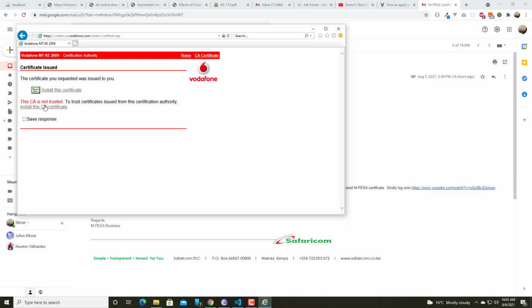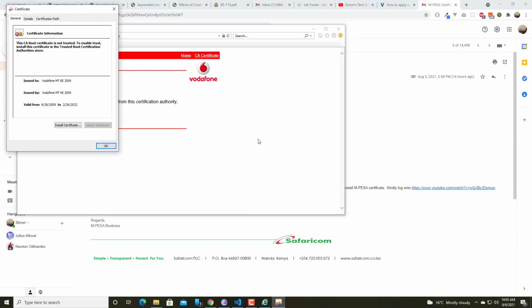Okay, and you can see this is not trusted. Trust certificate, choose from this authority, install. So just click on install, and here you just click on you want to open and save this one. You just click on open. And you can see the certificate there, and just click on install here